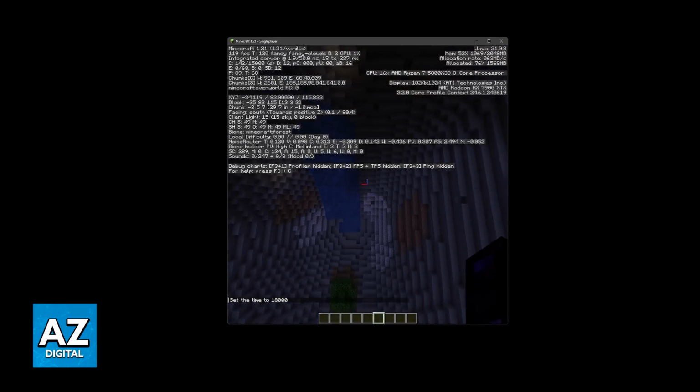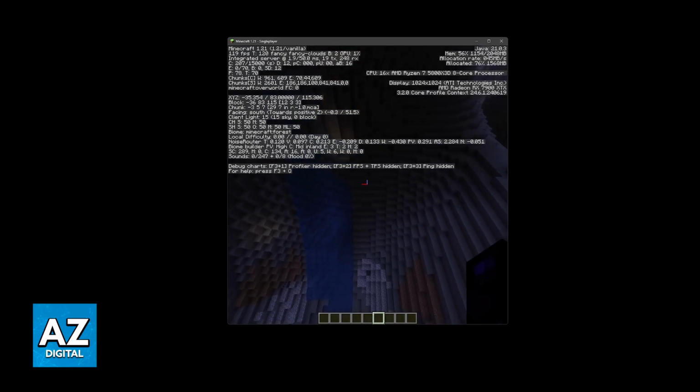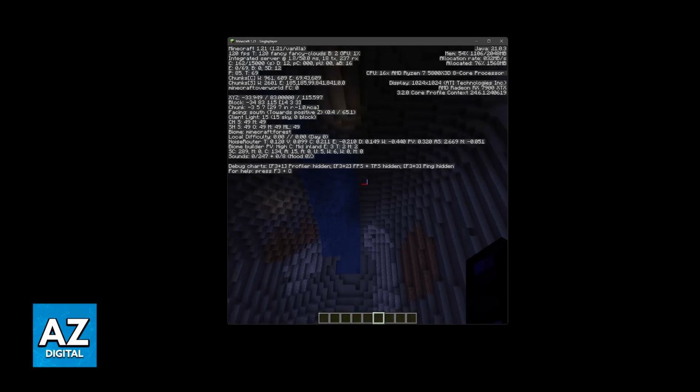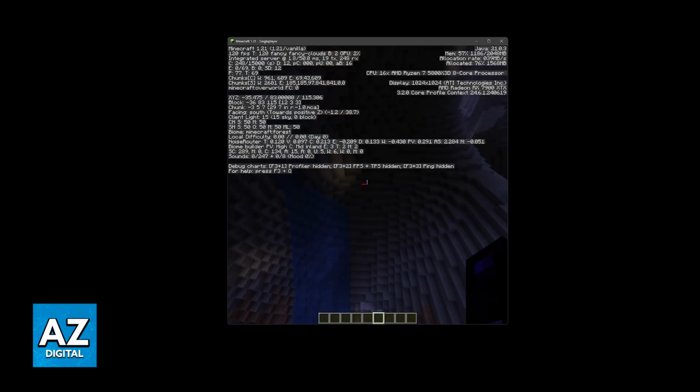Now, find the specific coordinates that you are on. For example, I am on -35, 83, 115. To line yourself up in the middle of this block, just do TP @p or @s, and then type your specific coordinate .5. So you just have to type the coordinate that you are on followed by .5. Then set up the height. You don't need to add .5 to the height, only to the other coordinates.